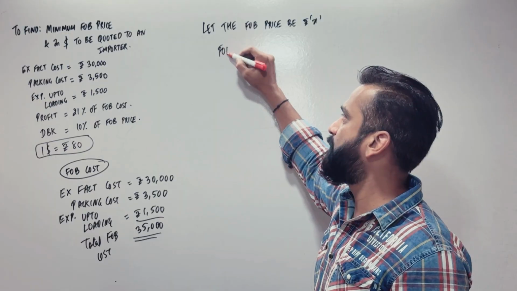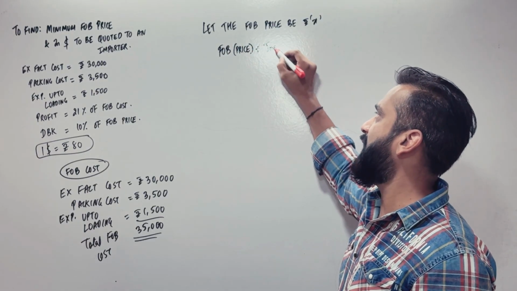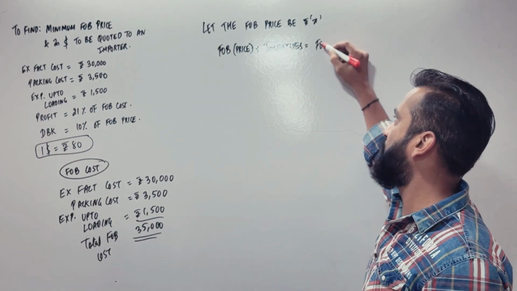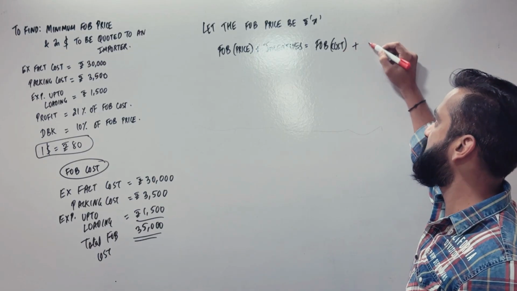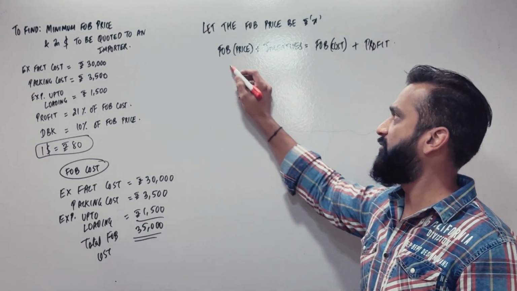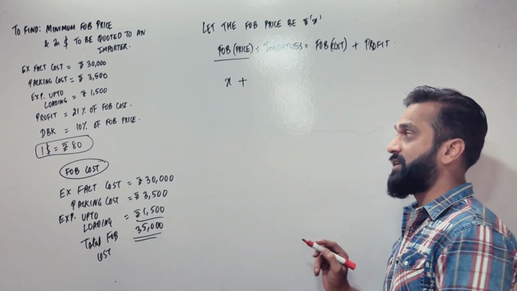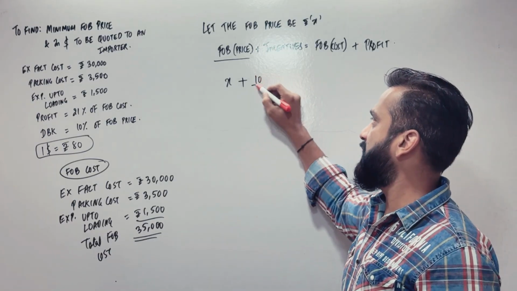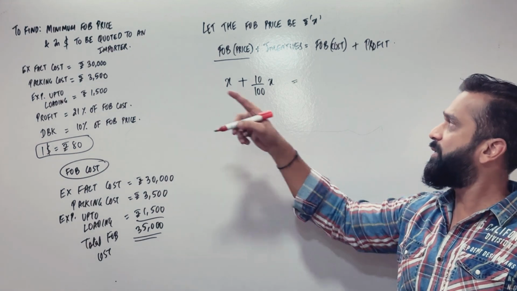FOB price plus incentives or DBK is equal to FOB cost plus the profit. FOB price is X. The incentives, that is DBK, is 10% of FOB price. That means 10 upon 100 X is equal to